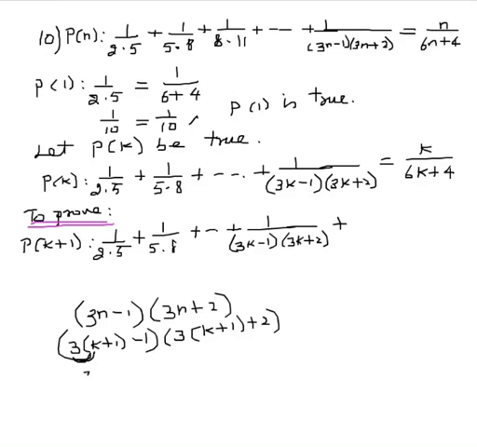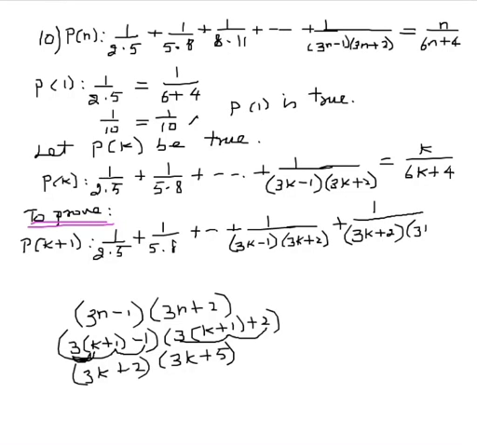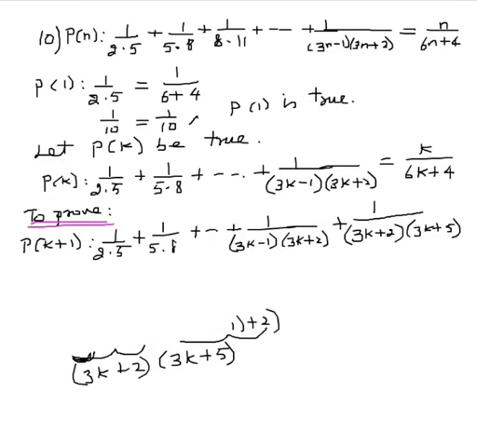If you simplify, this is 3k plus 3 minus 1, which gives you plus 2. And here 3k, 3 plus 2, 3 plus 2 is 5. This is our k plus 1th term. So 1 by 3k plus 2 times 3k plus 5 equal to,